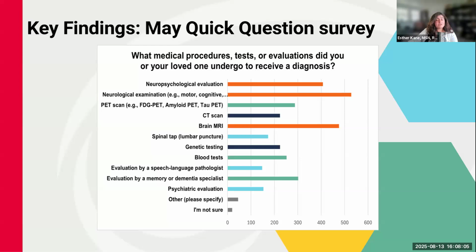However, less than half of respondents reported undergoing some other helpful evaluations. Only 45% saw a memory or dementia specialist. Just 43% received a PET scan, 37% had relevant blood tests, and only 33% underwent a CAT scan. This highlights an important gap in the diagnostic pathway. While many are receiving some of the core assessments, too few are being referred to specialists or receiving advanced imaging that can be critical for a timely and accurate FTD diagnosis. Ultimately, this data points to a clear need for more education and awareness among healthcare providers to ensure consistent, comprehensive evaluations are being conducted for those showing signs of FTD.